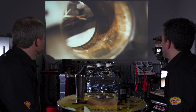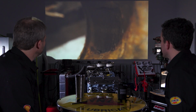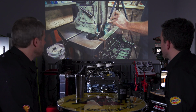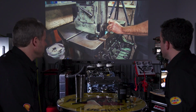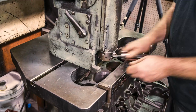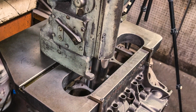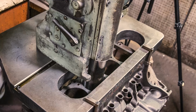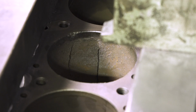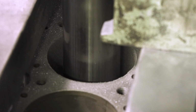All right, so because we don't do the full teardown, obviously, it's already torn down for us. The first place we end up is at good old Thurlby. Yep. The first thing is to decide if that block is usable. Obviously, it's already cleaned here. Went through that whole process, checked it for cracks, externally, internally. So at this point, we're pretty sure that we can use it. So the next step is...